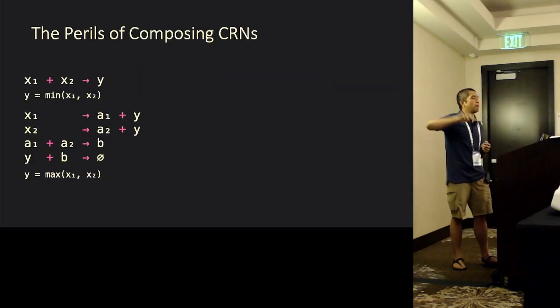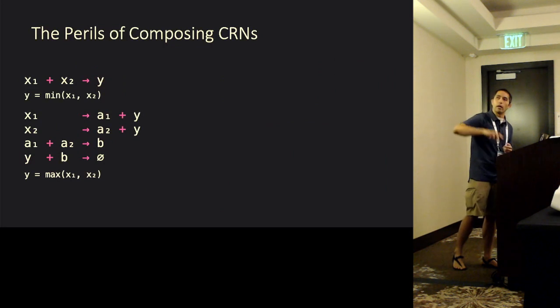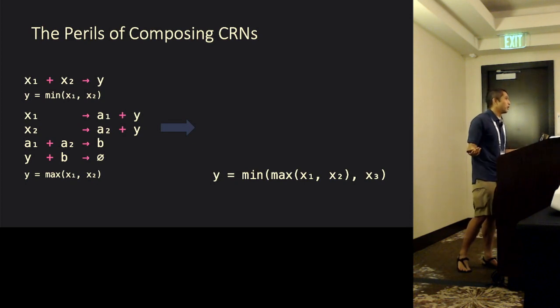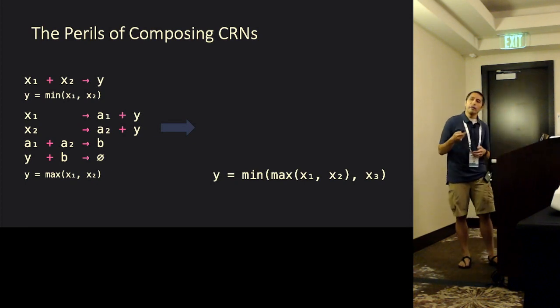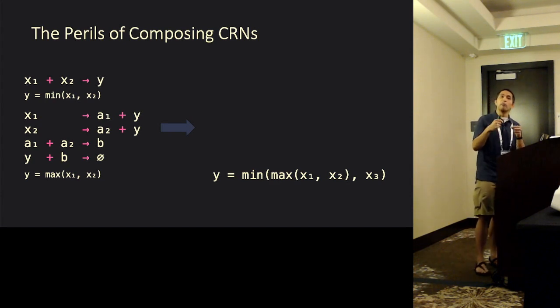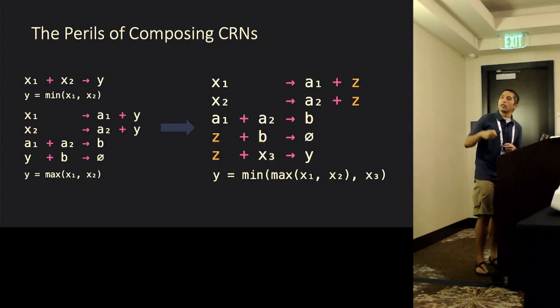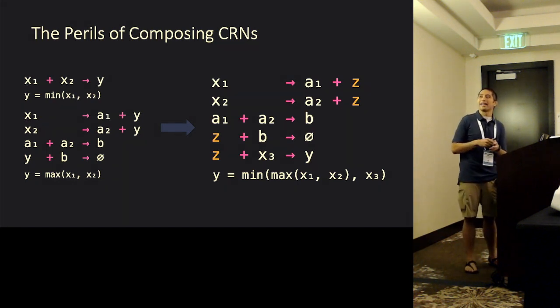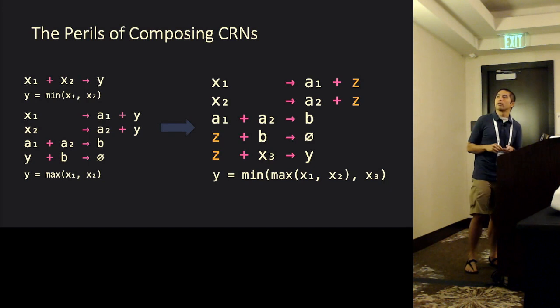So we saw min and max already, and those are the two reactions there. Suppose I want to compute the composition of those two functions, the min of the max, just for argument's sake. A very natural idea to compose the two reactions is to simply tie inputs and outputs together. And so in this new reaction that I built that computes the min of the max of x1 and x2 coupled with x3,